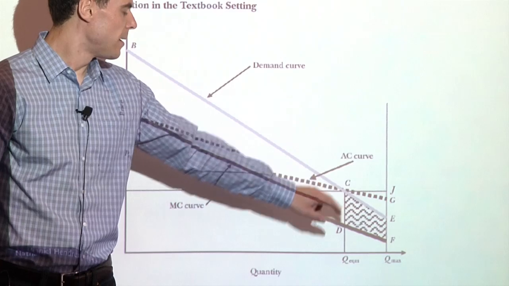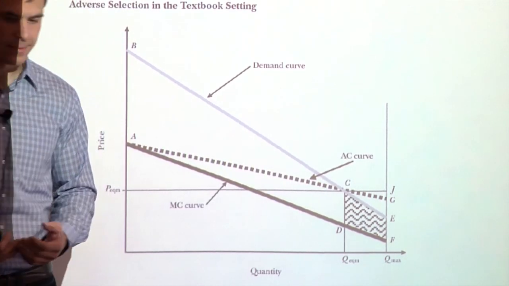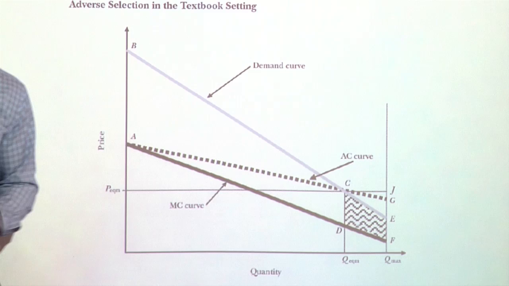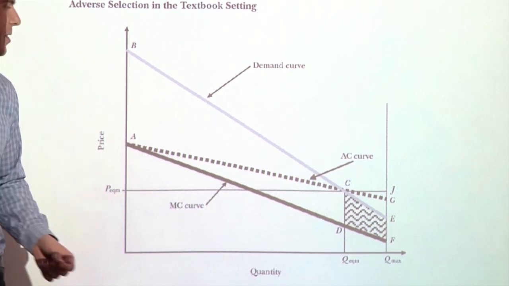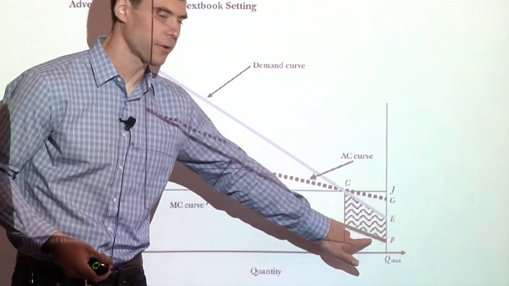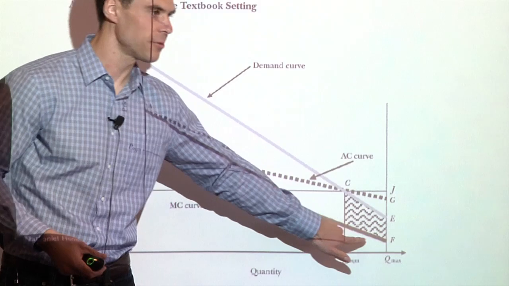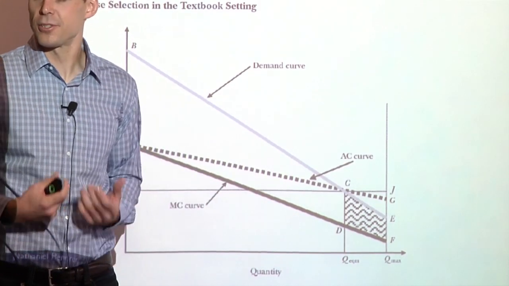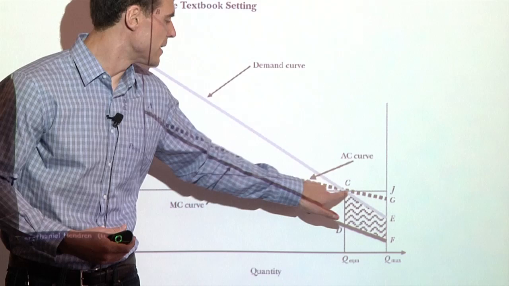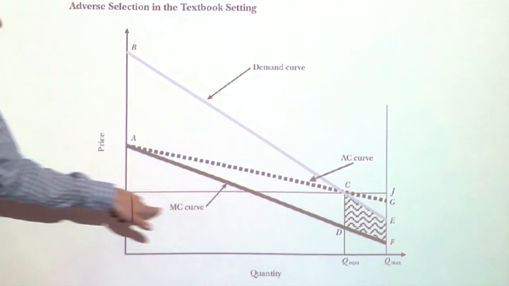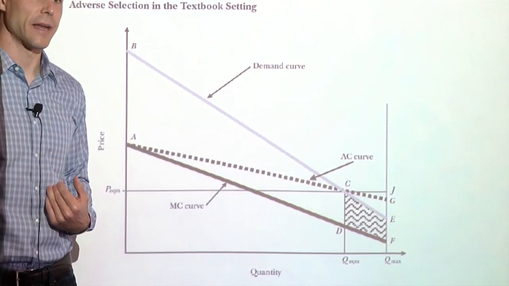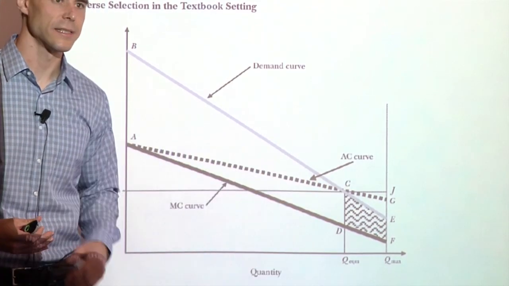Now, the second thing to recognize from this graph is that it's not efficient in the standard sense that we think markets might be efficient. Why is this? Well, there are people here that are willing to pay their particular costs in order to get this insurance policy, but they can't get the insurance, because if the insurer were to lower the price, you'd have to lower the price for all these people here who have higher costs. And so that would lead the insurer to not make enough profit to cover the losses induced on these people.